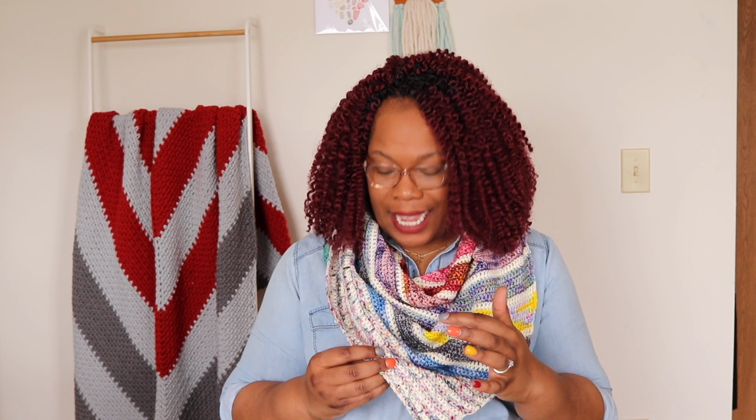And I love projects like that where you just get so lost in the stitching and in the colors and in the shaping and just everything. But it's not this big overwhelming project. The only stitches that you end up using in this are single crochets and spike stitches. There's some single crochet decreases, some single crochet increases, and spike stitches, which are so simple, which I explained completely in the pattern. So even if you're relatively a beginner in crochet, if you have some beautiful mini skeins,